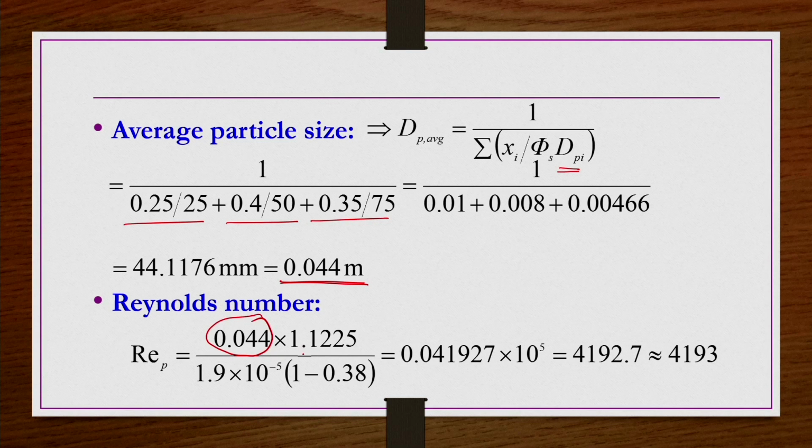In this case, we have not taken rho V bar, but we have calculated G because V naught bar is not given. G we calculated as 1.1225 in the previous problem. Same thing we have to use. Viscosity, whatever is in the previous problem, is the same thing we have to use here. Void is 0.38, given in the previous problem, same thing we are using here. Except dP, the rest of the parameters and conditions are the same. So, when you substitute these values in the Reynolds number definition, you will get Reynolds number approximately 4193, right.